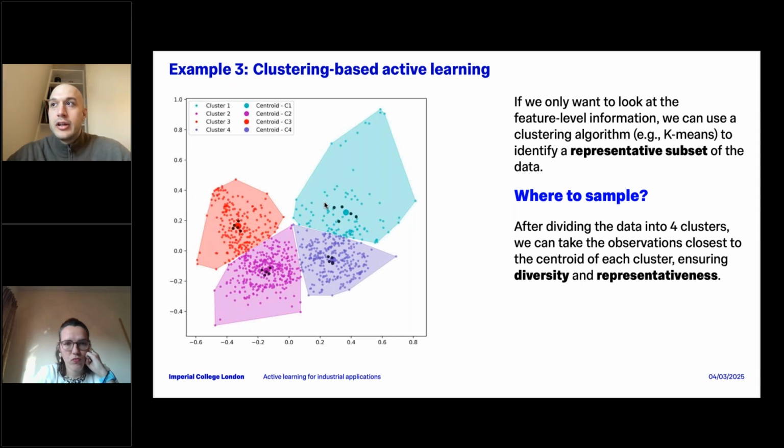This satisfies the criteria of being a diverse set, but also representative, because we are going to have observations close to the centroid of each cluster, but also belonging to different clusters. So we might equally represent different subpopulations of the input space, while also being representative of each of them.